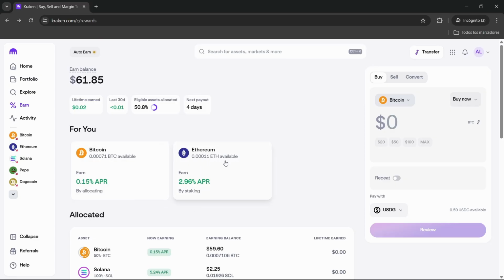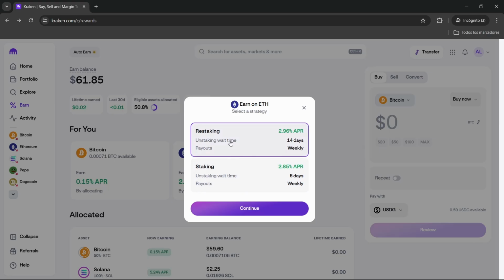So I'm going to click on Ethereum and you might find different strategies. So for example, this one will offer a higher APY, but the unstaking wait time is 14 days. So this means that you will need to have your money locked for at least 2 weeks. Then this one will offer a lower APY, but the unstaking wait time is just 6 days. So in my case, I don't really mind because I don't want to use the Ethereum, so I can wait